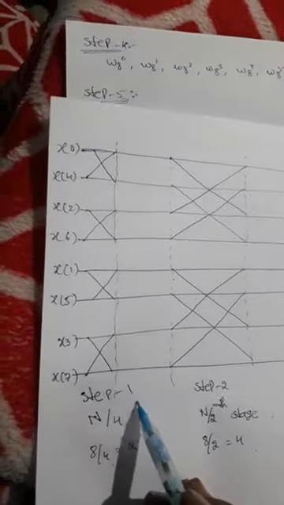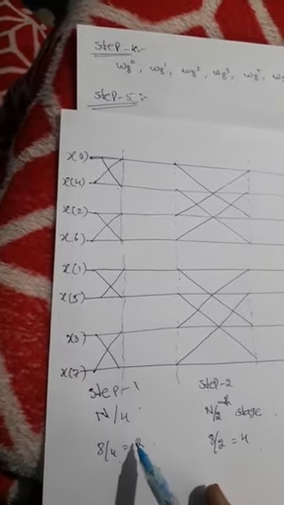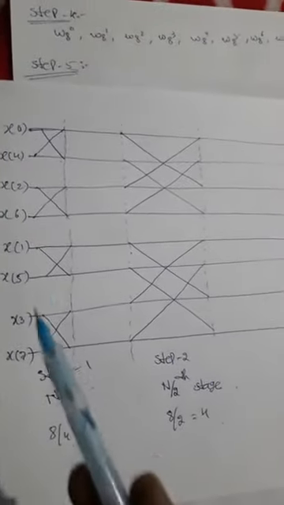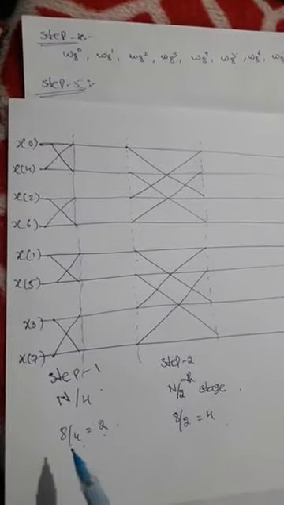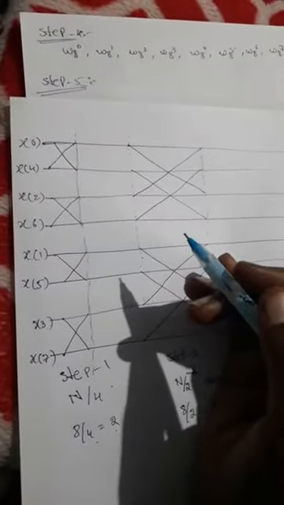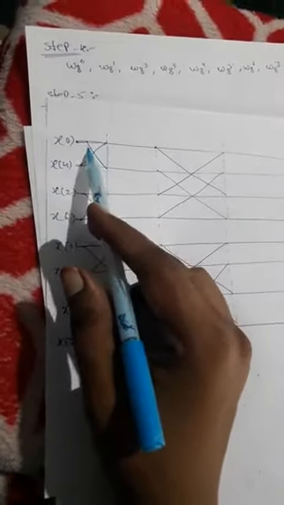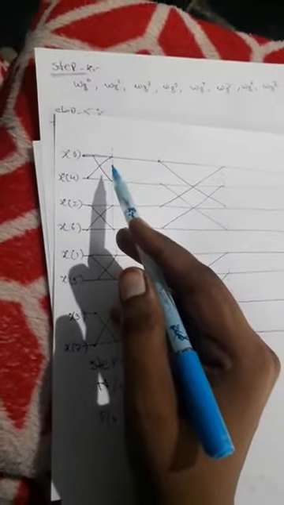In this step 5, we can consider it as stage 1. In this stage 1, we put n by 4. Here the n value is 8, since an 8 point DFT is taken now. Substituting, 8 by 4 equals 2. So we will make a butterfly with no difference, and every line should be connected in any manner with the other. This line will be connected to this, and this line will be connected to this, like that. Okay.